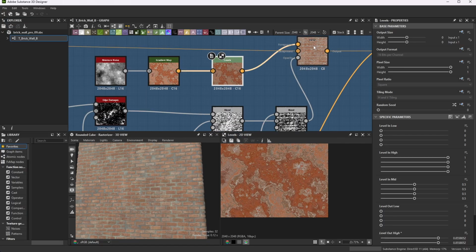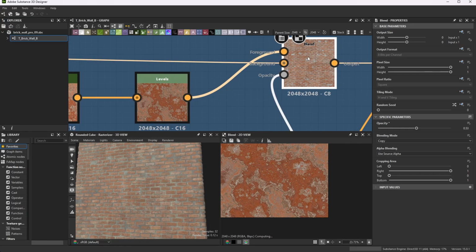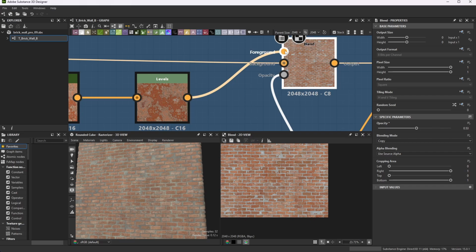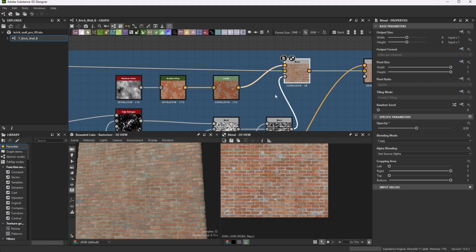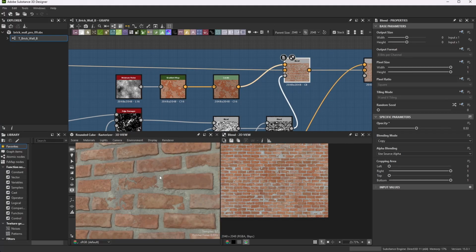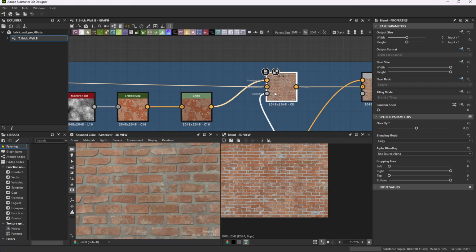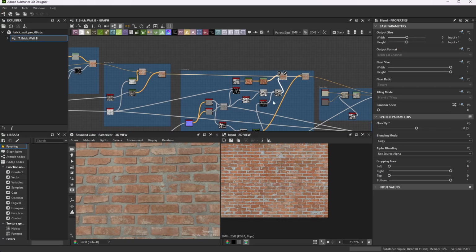Now we'll run that levels over our original out of the blending AOs. Put that one over it, and we'll do a copy at 0.53. Now play with that depending on how much you want this to stick out or blend together. So now to get our mask to blend those two things together,